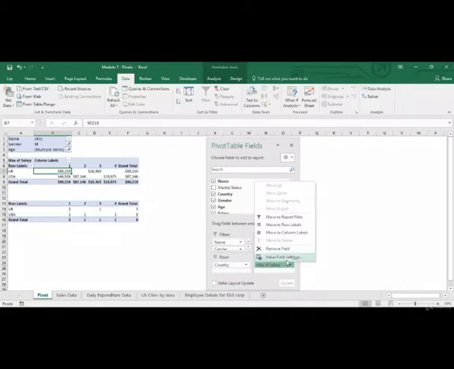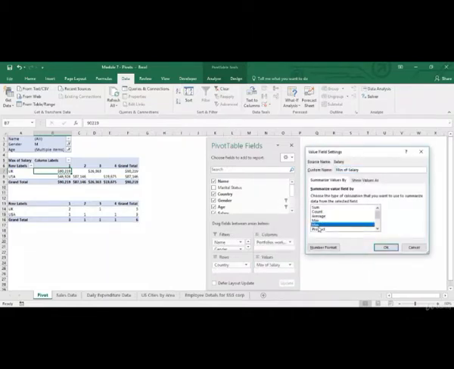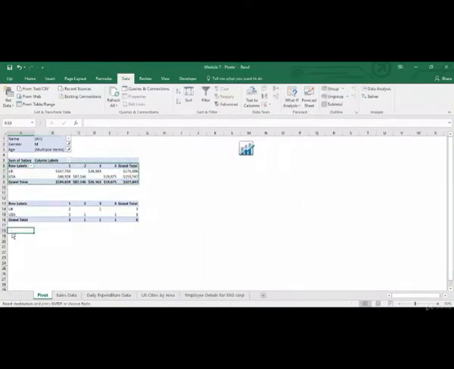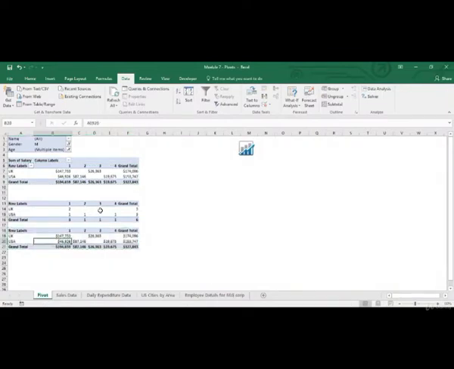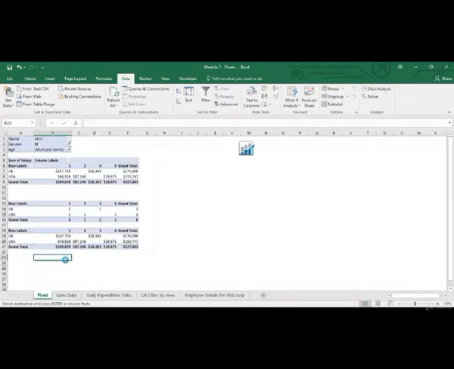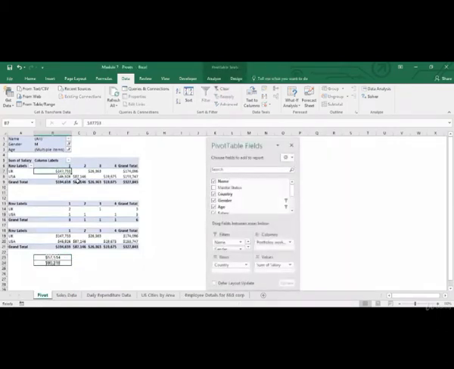Similarly, we can use the minimum option also, that will give the minimum salary of these two. Now the next option is product, but before jumping onto it, let me just first copy this first. So now as you can see over here, I've just got one employee. Over here, I've just got one employee. It's just that over here, I've got two employees, right? And we've already seen that the salary of these two employees is this. So let's just copy this to here. Let's see how the product works.